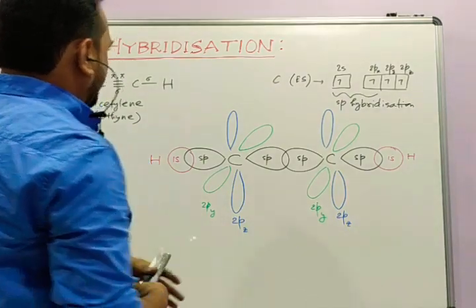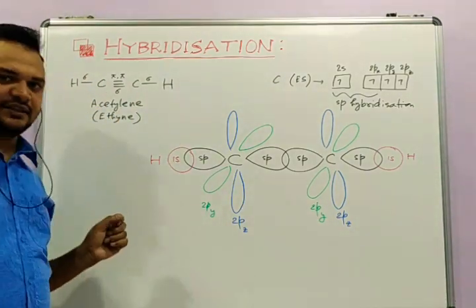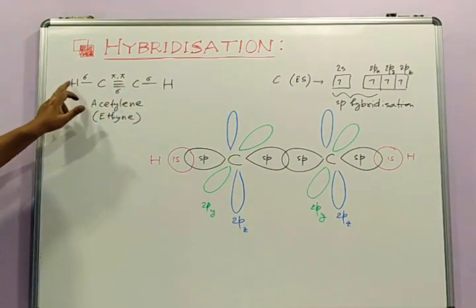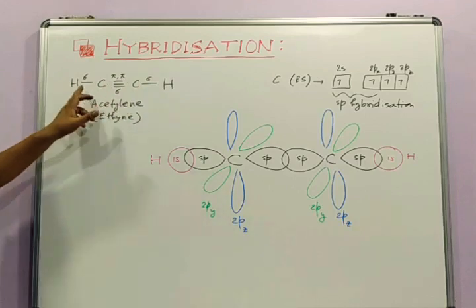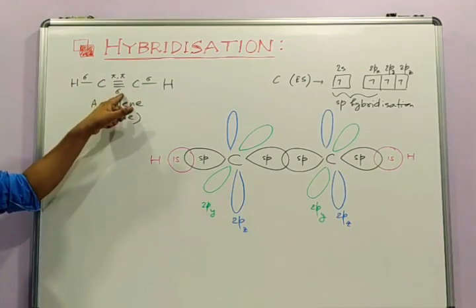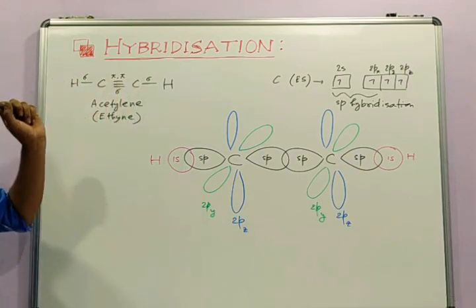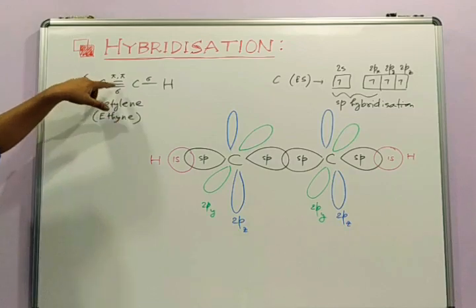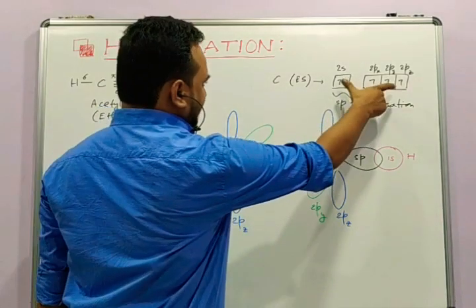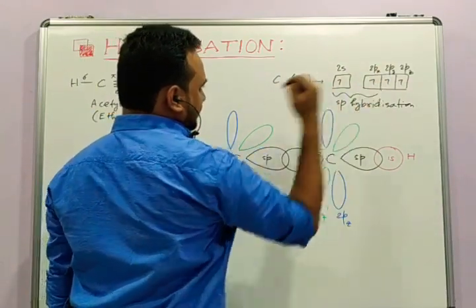So now we have our third very familiar molecule, and that is acetylene. You know this is the structure HC triple bond CH. These two single bonds are sigma bonds, and for this triple bond one will be sigma, because two atoms cannot simultaneously form two sigma bonds, so only one will be sigma and the remaining two are pi bonds. Here, in the excited state, similarly to the previous two, sp3 and sp2, this is the excited state configuration.